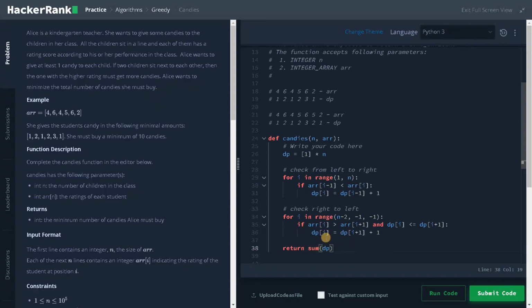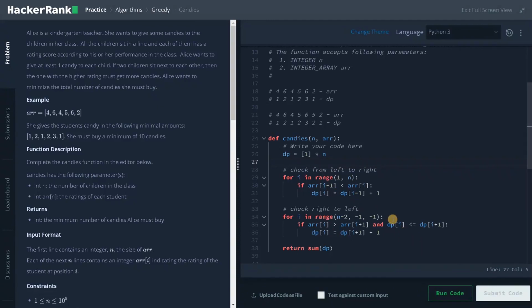So in this problem, we are going with a greedy approach. We are not comparing and doing so many operations. We are not getting all the possible candies that Alice should buy in order to satisfy this rating. So I think this problem is in linear time with additional space, that is order of n space we have created additionally. Apart from that, this logic is pretty much simple. You will use this in many other problems in interviews also. So this is an important problem you should learn.